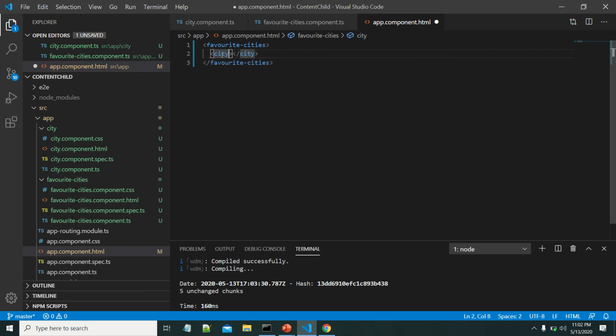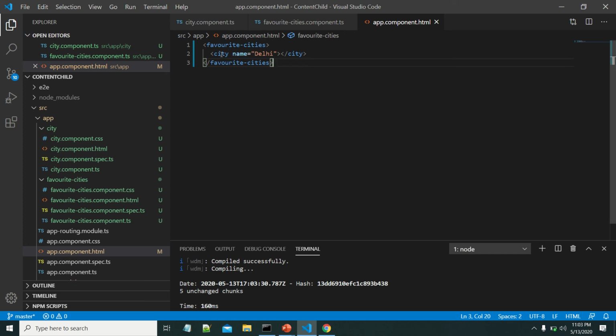Okay, here we have input property, that is name. Let me give some name. Let me save it. Okay, now the city component is projected into the favorite cities component. So city component is the content child of favorite cities.